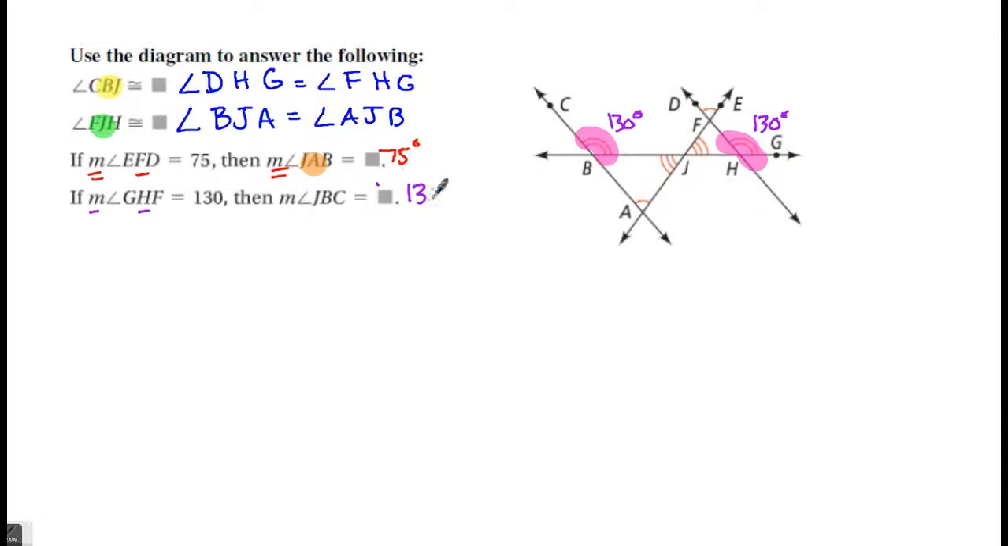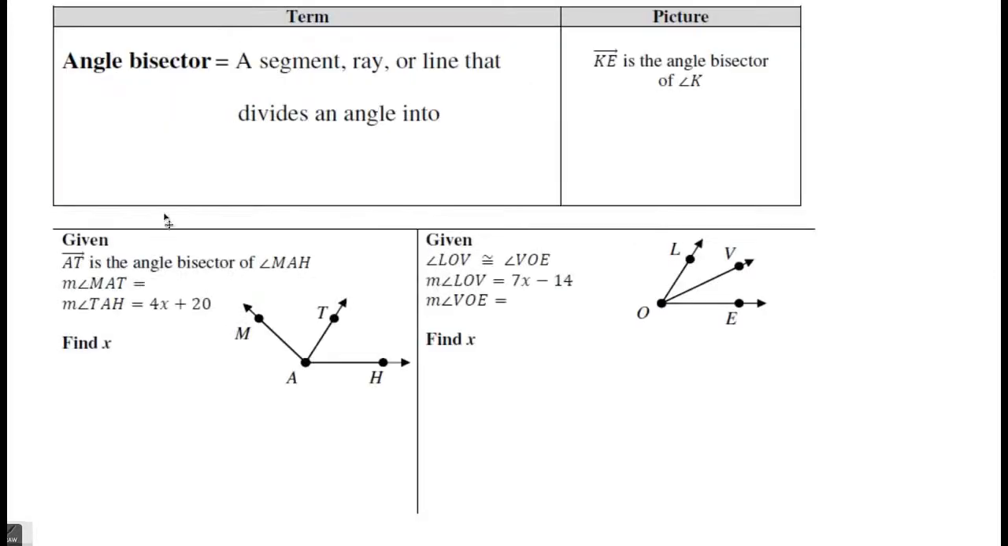All right. Angle bisector. Okay. So we got to go back to what is bisector. We've talked about this before. Bisector means to cut in half. Okay. Cut in half. So an angle bisector is a segment, ray, or line that divides an angle into two congruent